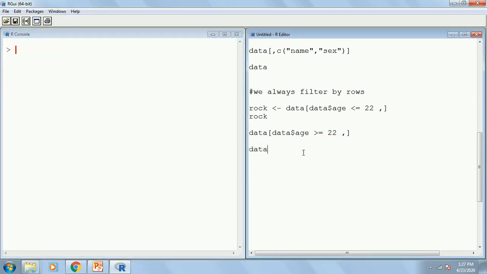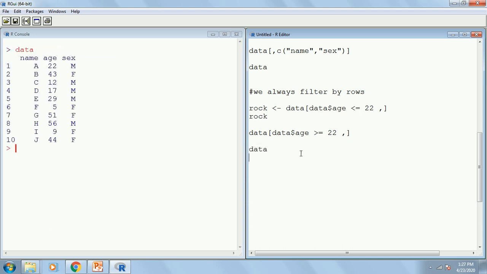Now what if I want all the people who are female? Okay, this is my criteria. Then I will be writing data[, first comma, then I will write data$sex equals to, but always remember, whenever you are writing equals to, you should be putting double equals to, not a single equals to. Just see, this is case sensitive.